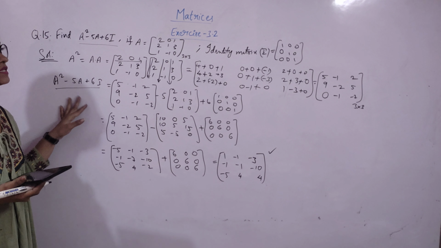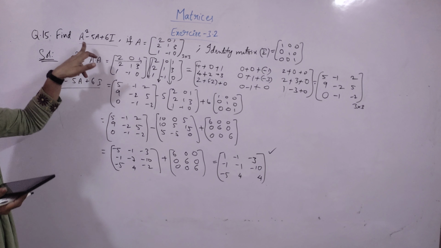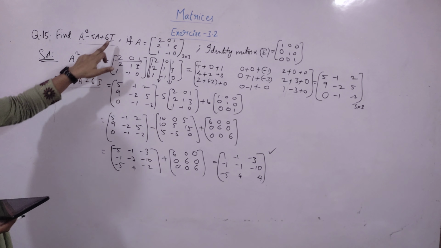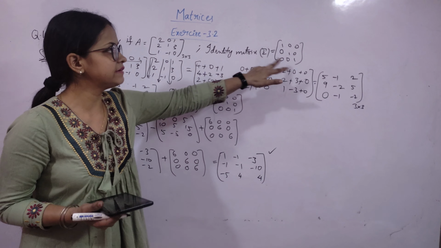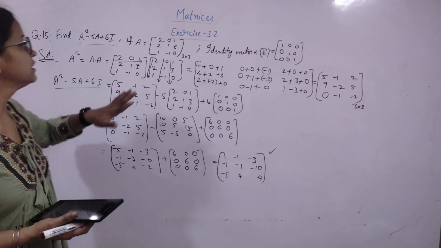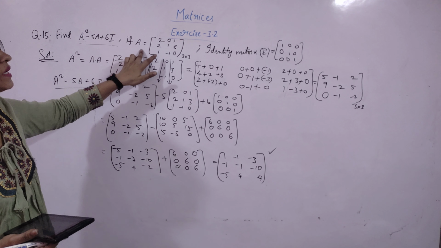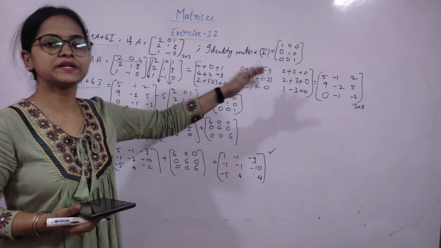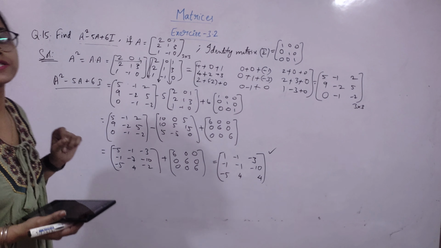Okay, we can solve it using this method. In this question, what we needed was A squared, so what we did was multiply A into A, and we needed the I value. We know that the I value is this, but you have to notice that the order of the matrix A must be the same as the order of the matrix I. Okay, so like this you can solve this type of question.